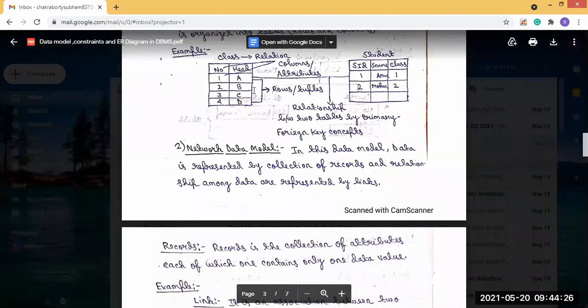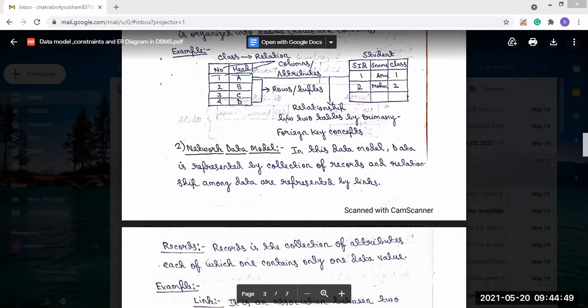For example, class is a record which contains number and head, so it is a collection of two attributes.